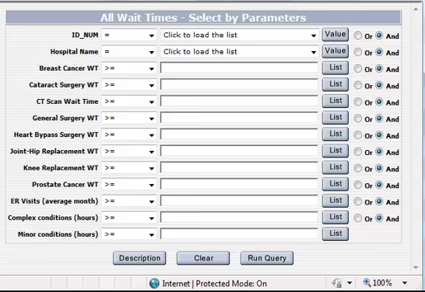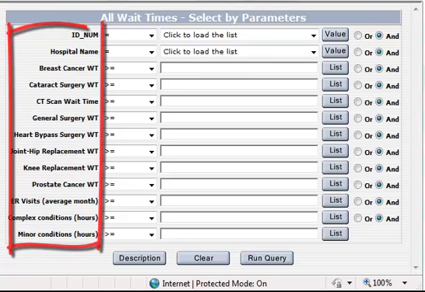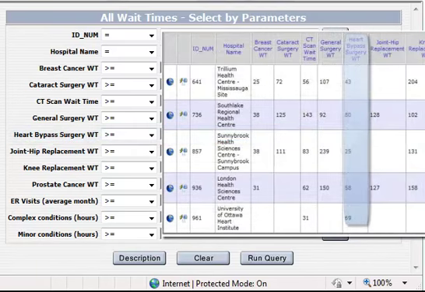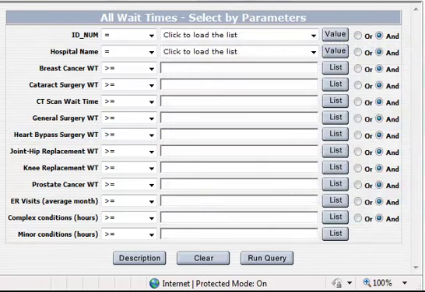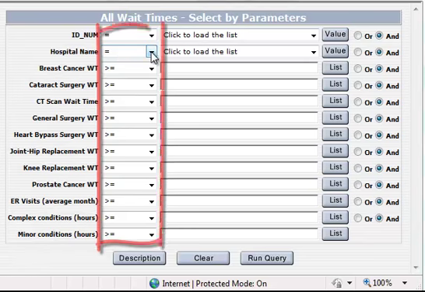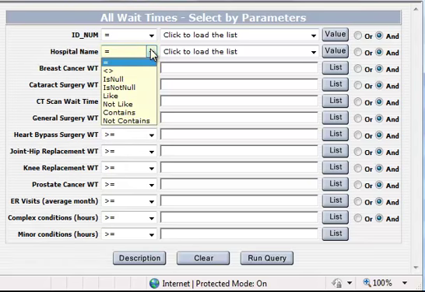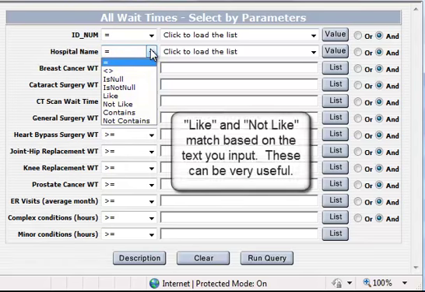While we're here, let's look more closely at each of these parameters and how they work. The left-hand side shows the field name. That parameter will be using data from that field in the dataset. Beside the field name is the operator. There are several choices. Numeric fields have operators like greater than, equals, less than, and so on that will work with numbers. Text fields have a few different operators, such as like and not like, operators that match based on